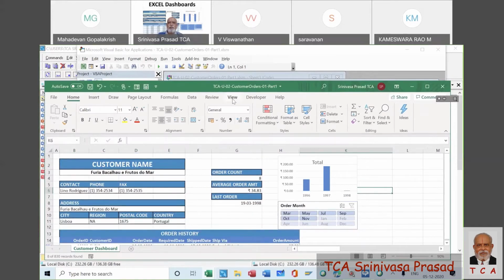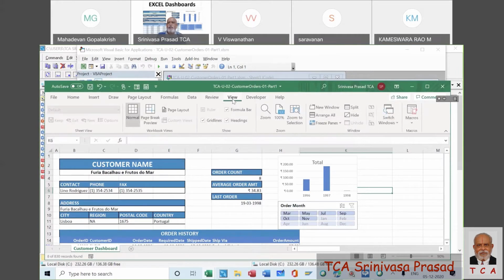Now we will do one thing. We will go to View. Then we have got Macros. So we go to macro. Now we will have to record a macro of all that you have done. Okay. So we will do a macro for this. First of all, we will ensure that the slicers get filtered out and the total chart goes out and comes in. So we go to Record Macro.